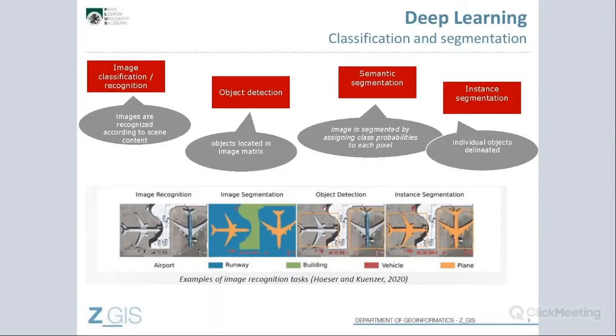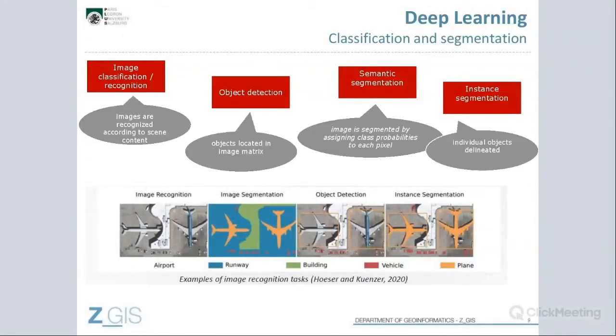Just as well, concluding this part, we have different tasks that we are actually fulfilling or try to fulfill in deep learning. So one is image recognition. I'm preferring this over image classification, because this is sometimes referred, as I said before, to the overall process of transforming reflectance values into information. This is broadly conceived as image classification. So image recognition would be basically to understand the scene content of an image. So this is an image of an airport, this is an image of a forest, and so on, even though we are not really delineating this.